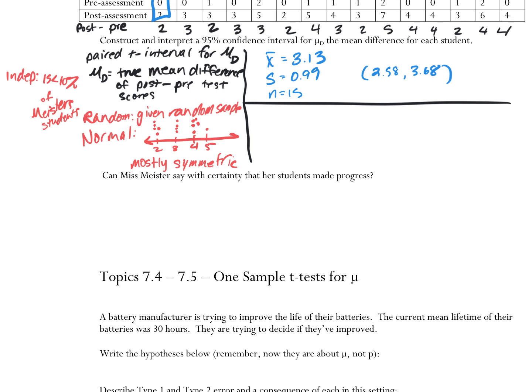Are we feeling okay? All right. So then we say we are 95% confident in the interval from